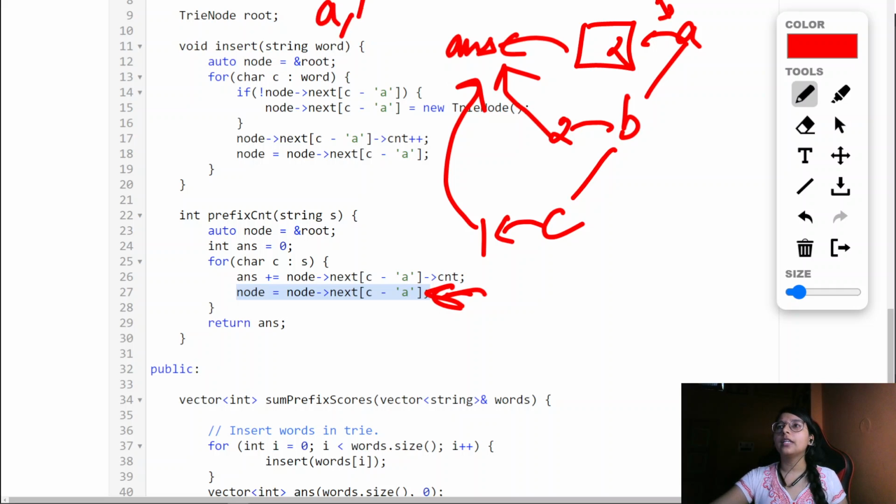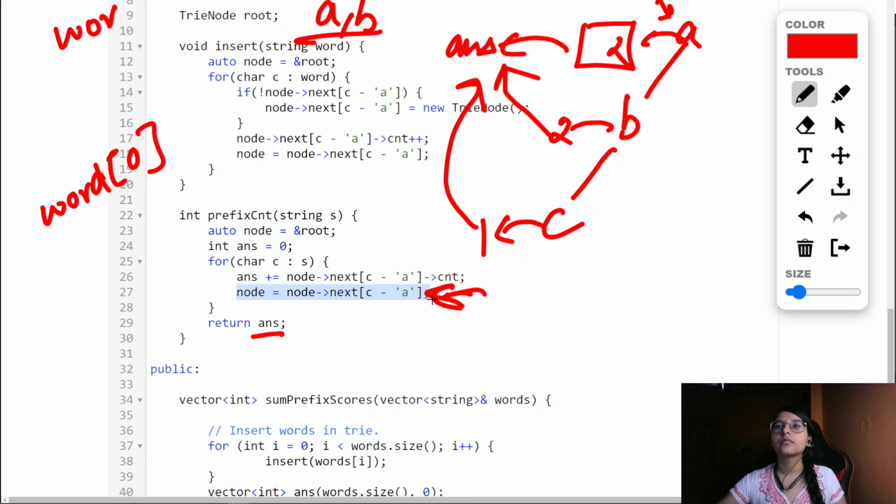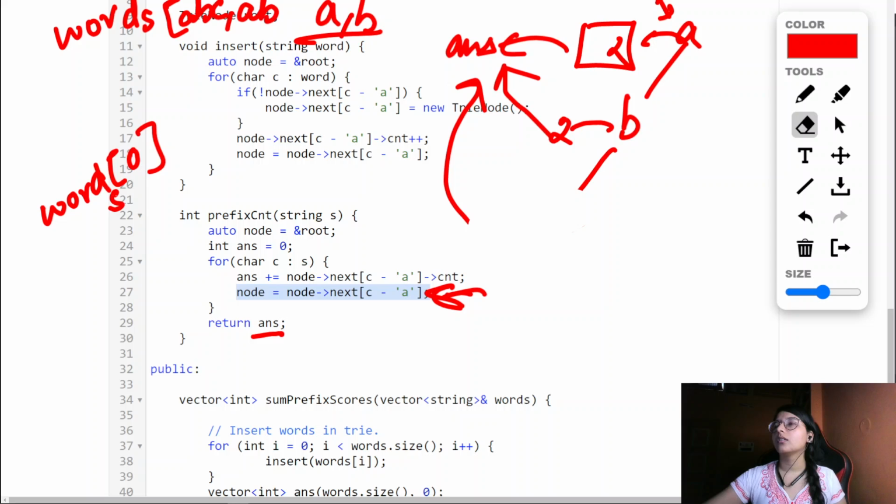Now if it comes up with AB, right? In our answer, this was for this, and this answer is being returned. So this would be for words of 0, because in our words of 0 we were having ABC, right? And the next was AB, right? So for AB, now how are we counting the prefix? So for AB,